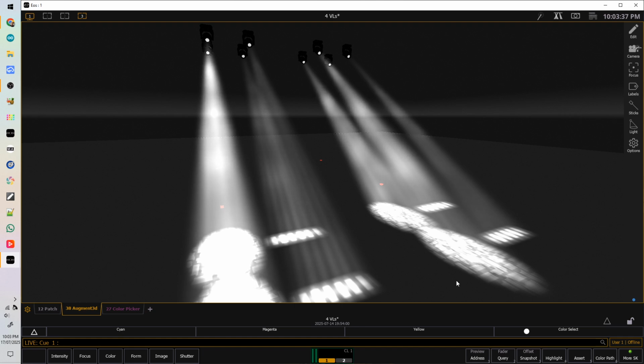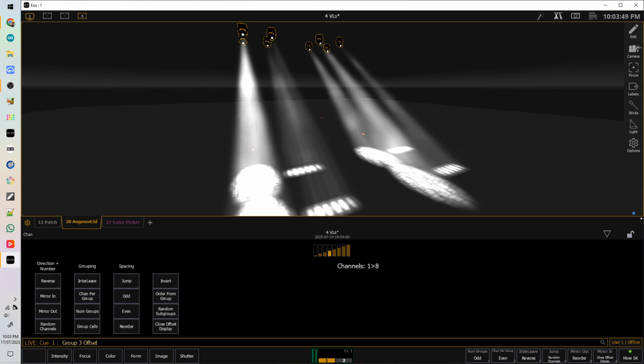Now, as I mentioned before, within the channel offset function, you'll notice there are a whole multitude of different functions available. In this video, I'm going to try and just keep on odd and even, so I'm going to restrain myself. It's also worth saying that I haven't entirely got my head around the full length of capabilities that offsetting allows you to do with the other functions here, but nonetheless, I think this very simple purpose of selecting